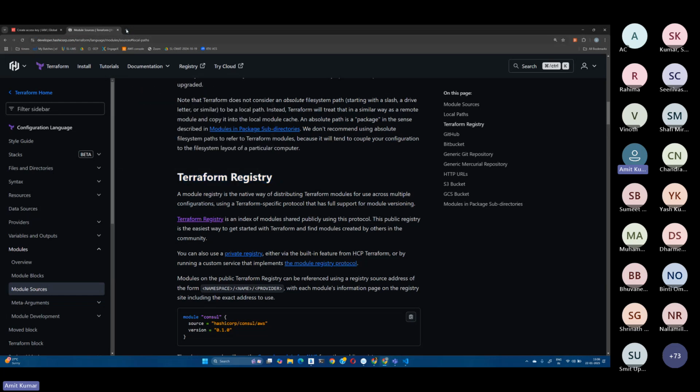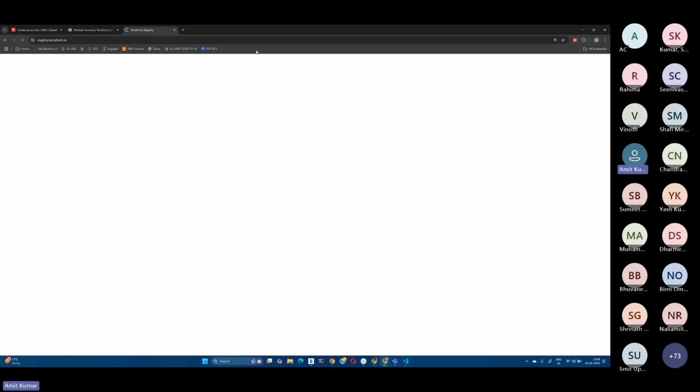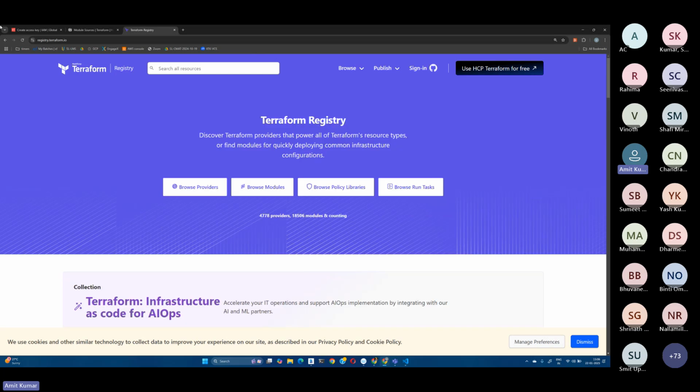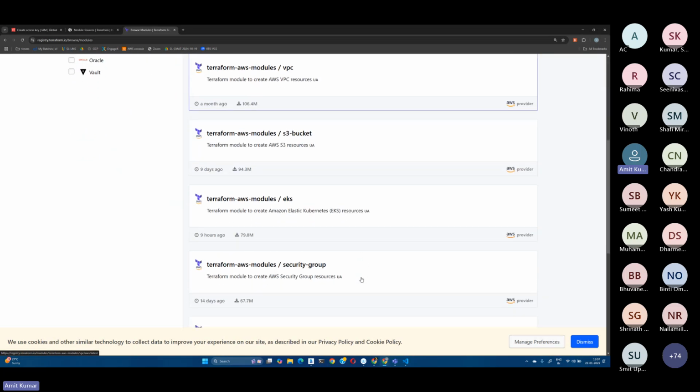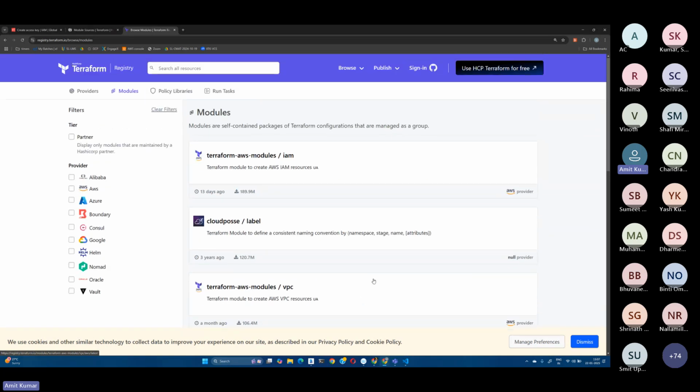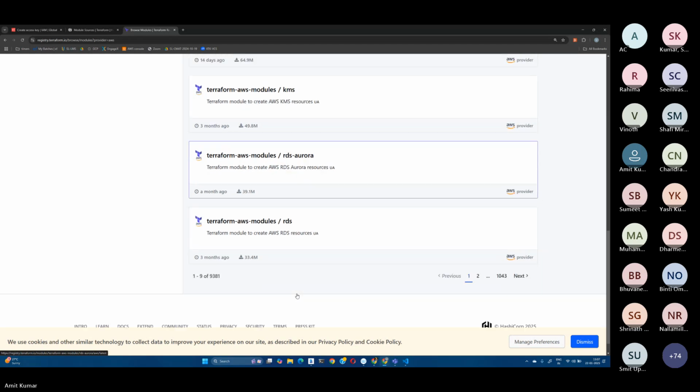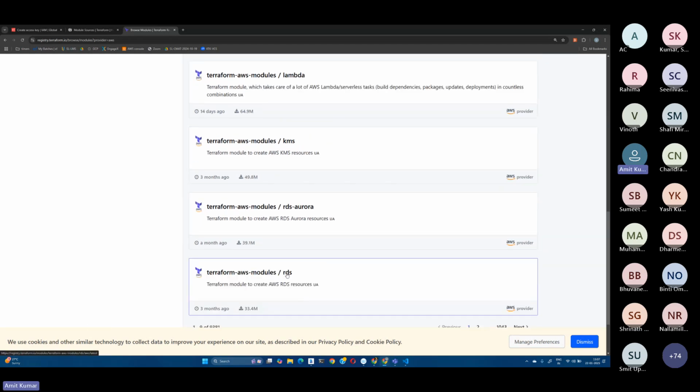Now, what is Terraform registry? Terraform registry is like a marketplace for Terraform components, Terraform plugins. So you can use providers from here. You can also upload your modules so that other people can use them. You can publish your modules here, and many organizations, or anyone, can use them. For example, for AWS, there is a module for relational database here. If I open it,